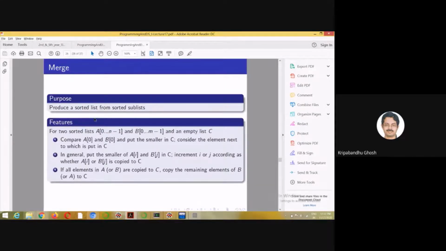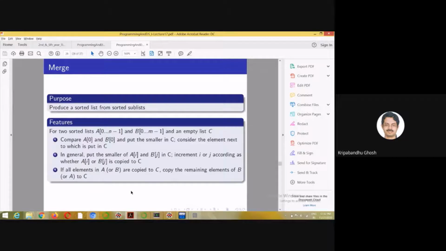So before going to merge sort, let's look at something called the merge operation. We have two sorted lists, A and B, containing n and m elements respectively.